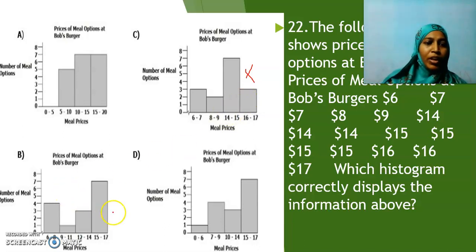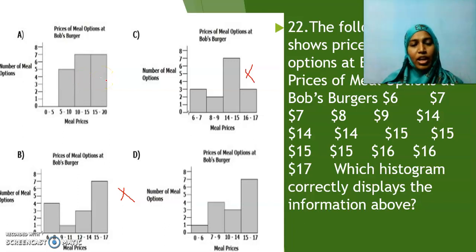So this is wrong. And when I come to this bar graph now, here we have 6 to 8. Again there is a break. It is not continuous, so this is also wrong. It should be a continuous interval to have a histogram. The first point that should be noted before we draw a histogram is that the interval should be a continuous one. There should not be any break in the histogram. Is it clear? So the right option is A.